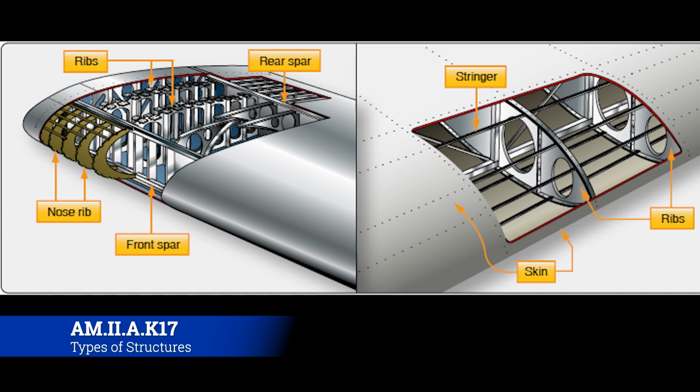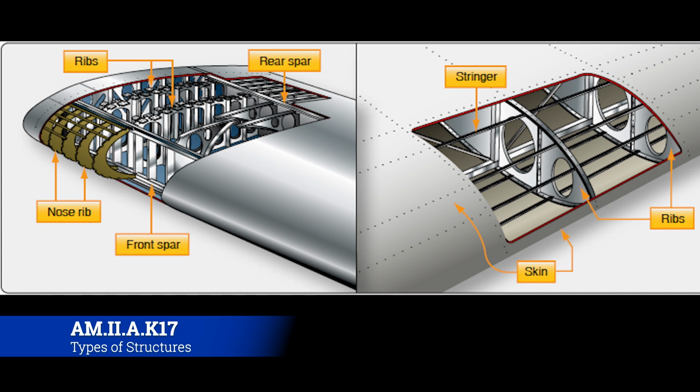Now the ribs are just like ribs. They give structure to the skin of the wing. So when you look at a wing and it's got this nice, pretty camber where it curves on top and all that good stuff, what you're seeing is